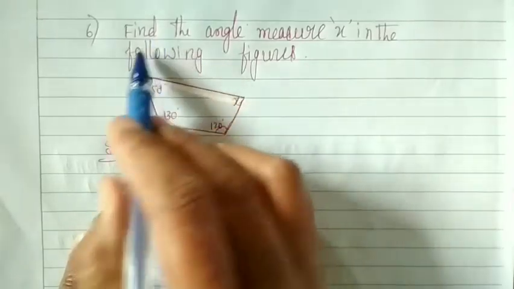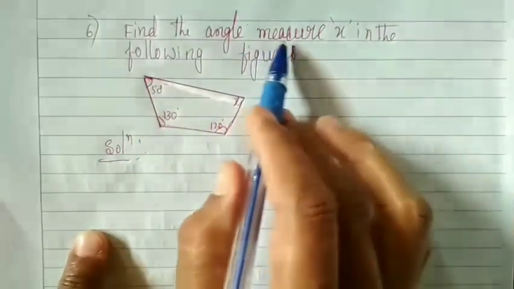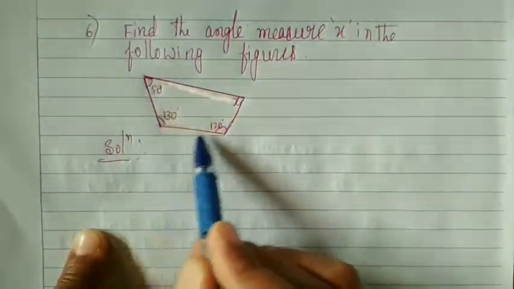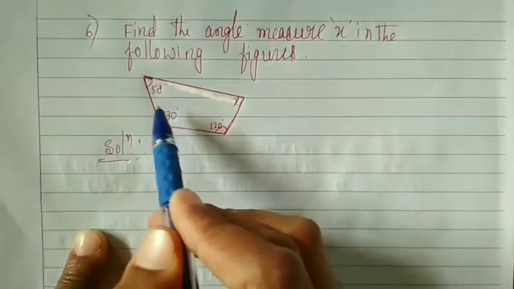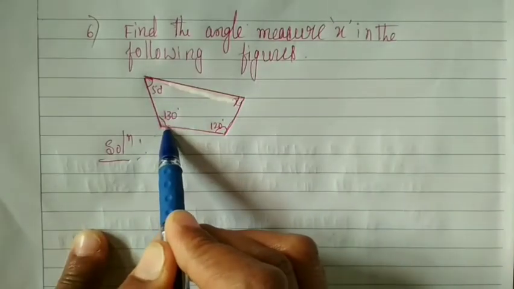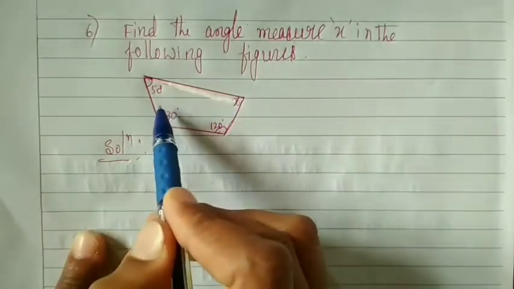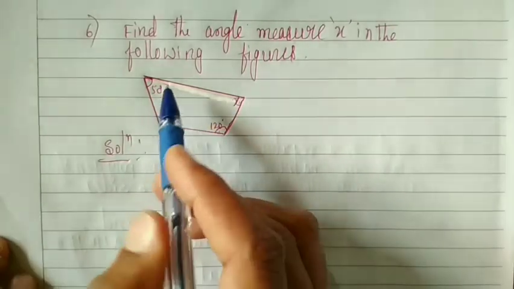Problem. Find the angle measure x in the following figures. Here is the figure: 130 degree, 120 degree, x degree, 50 degree. So,